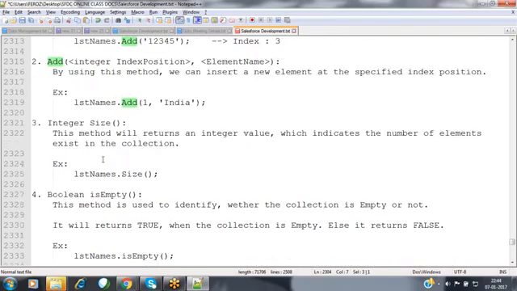And we can identify whether the collection is empty or not using the isEmpty method. If the collection is empty, it returns true. If the collection is not empty, it returns false.